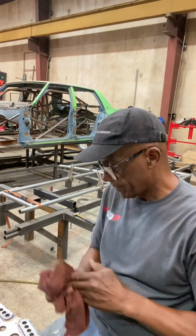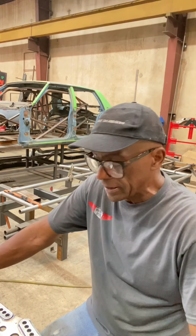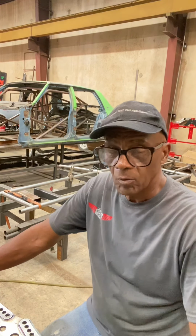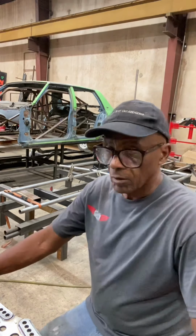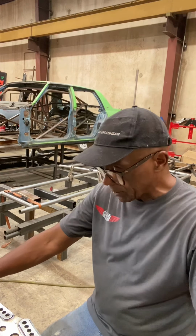Hey guys, this is kind of part two of the Grudge Race Camaro 69 that we're doing. We're working on the brackets. Been working a little bit on the chassis. You can see in the background that all the floor pan is just about done. Got a little bit of welding to do, but what I wanted to show you guys,